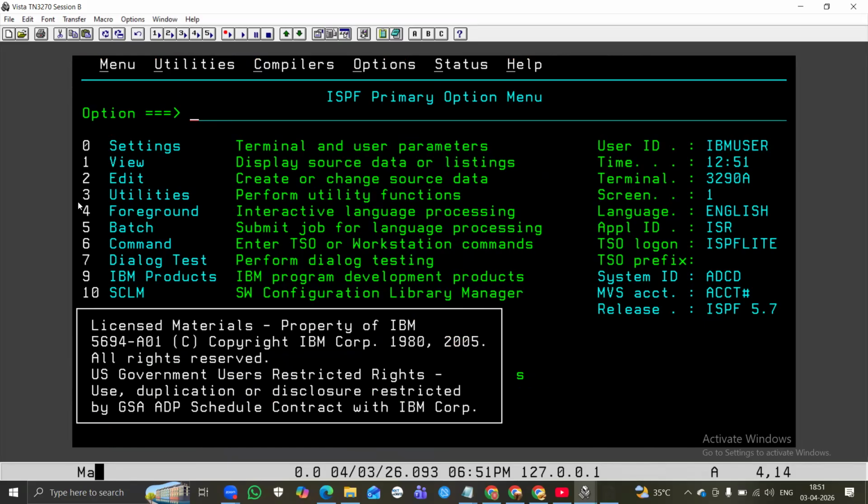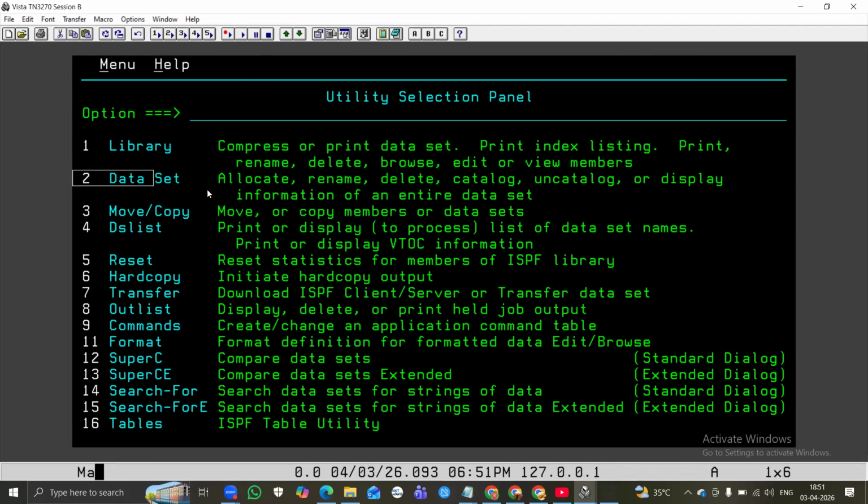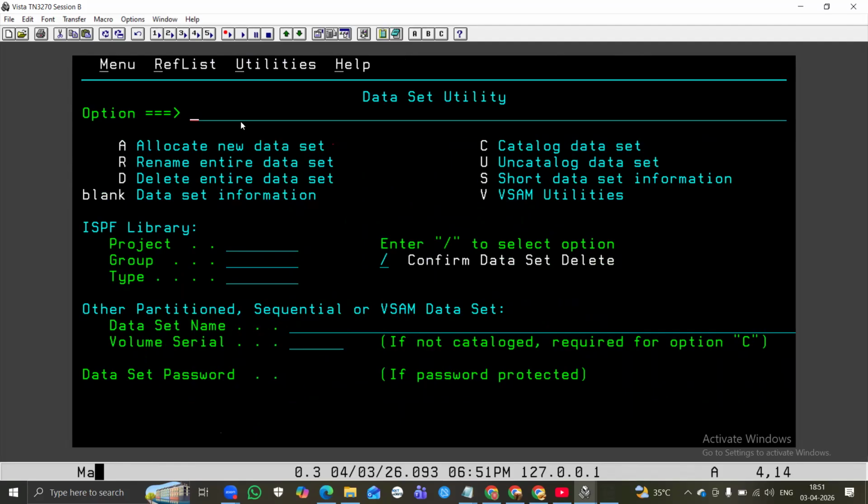So type here 3, this is for utilities. Next 2 for datasets. So to create the datasets, type A, which means allocate new dataset. So type here your dataset name. So my dataset name is like